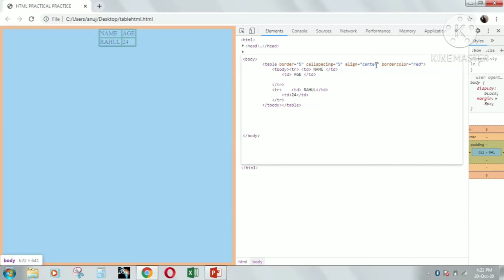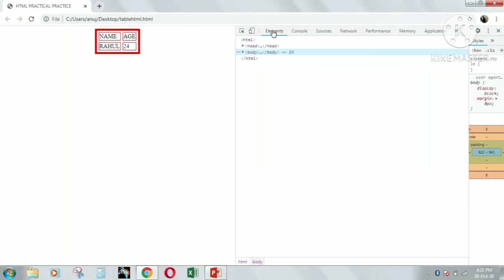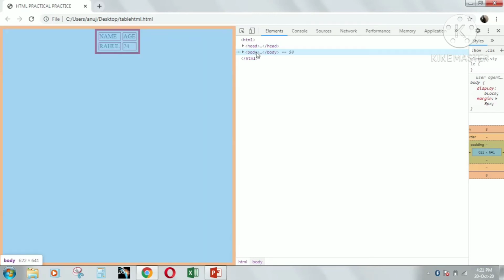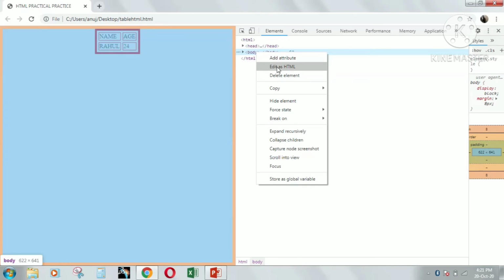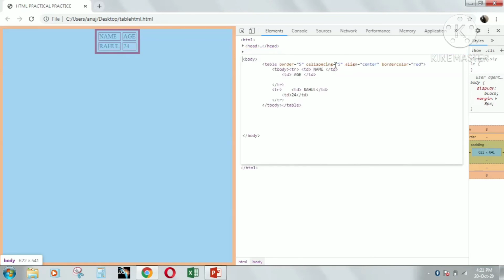So you can see the difference. To run, click on the element. As you can see, the color is changed, and the table border value, name, age, column width also changed.